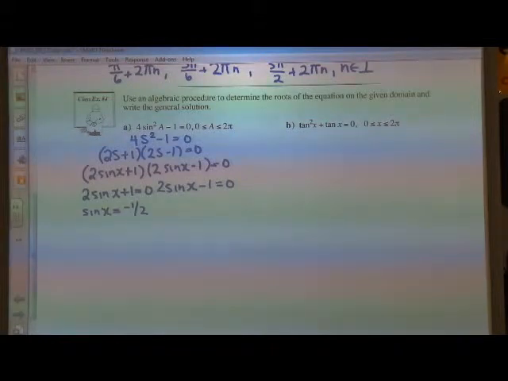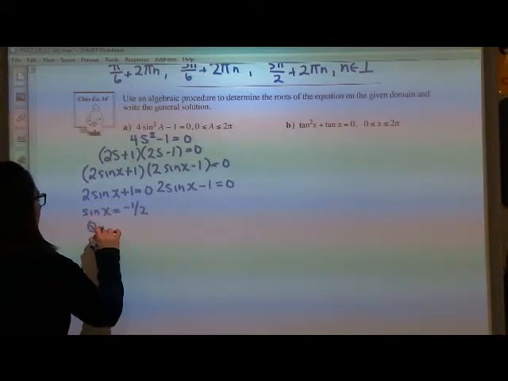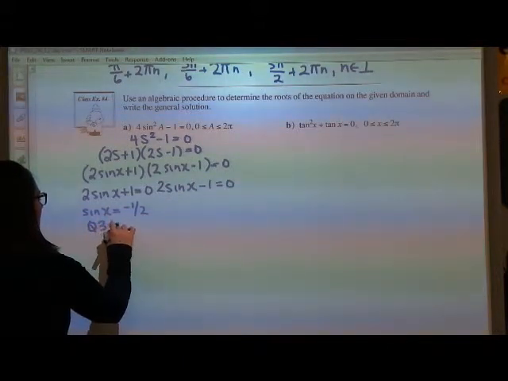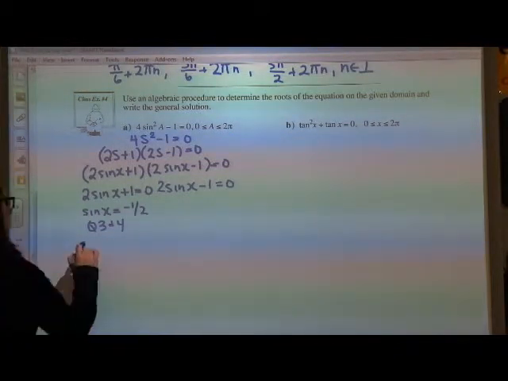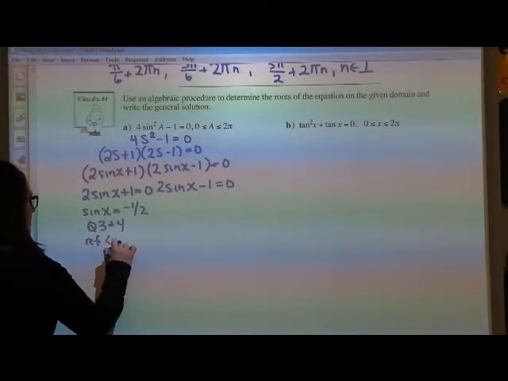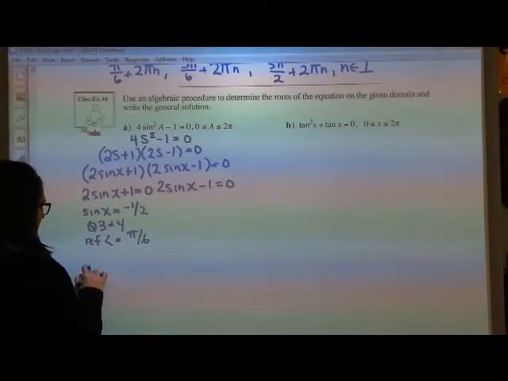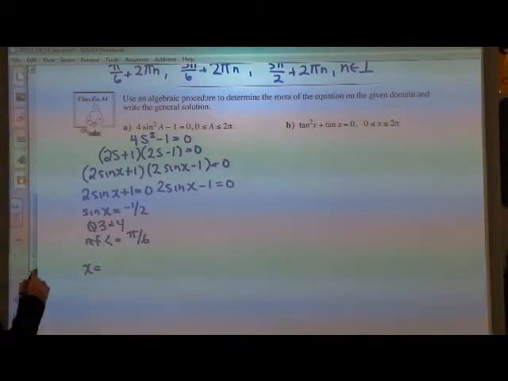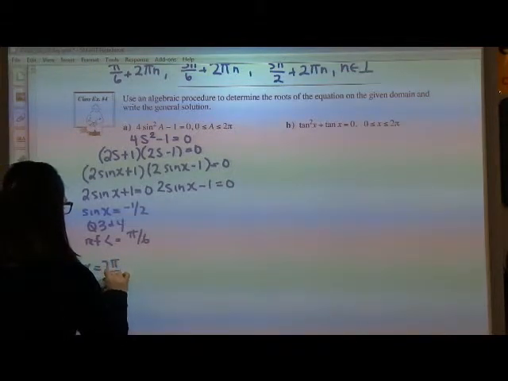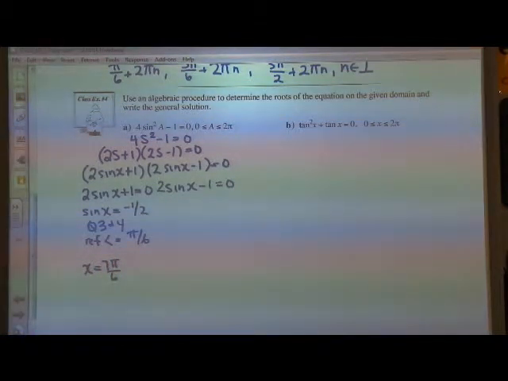Okay, so how do I proceed from this point? Determine the quadrants it's in. Which quadrants? 3 and 4. Okay. Reference angle is pi over 6. So in quadrant 3, what's my solution? 7 pi over 6. And in quadrant 4, it would be